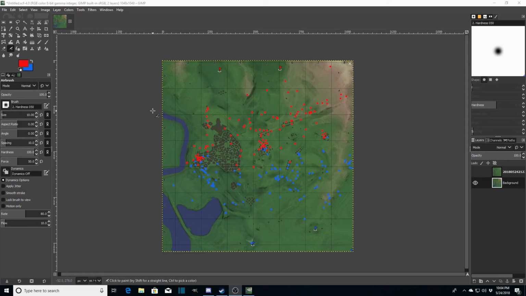All right, now that the mind-numbing clickety-clack of the old mouse is over with, dear God, was that a tedious task. Anywho, what you have here is a big giant glob of crap. Not really. What we have here is a very telling sign of where players travel from out of each respective spawn point.